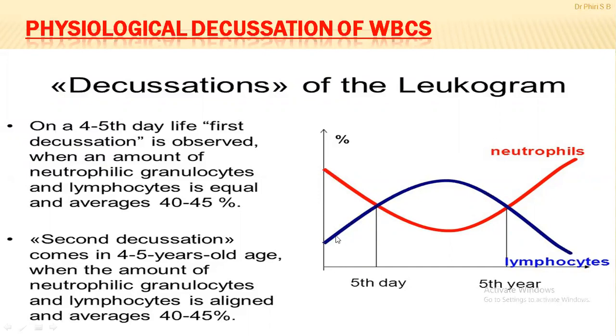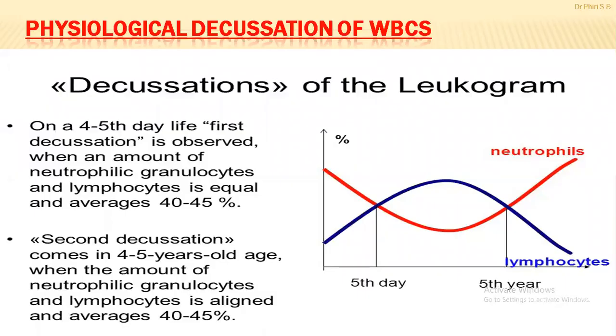So the thymus is producing more of the lymphocytes, and the bone marrow is not yet very active. So you find that the production of neutrophils is reducing here. It's something to do with the genes as well. Then after the 5th day, after the decussation, you have more of